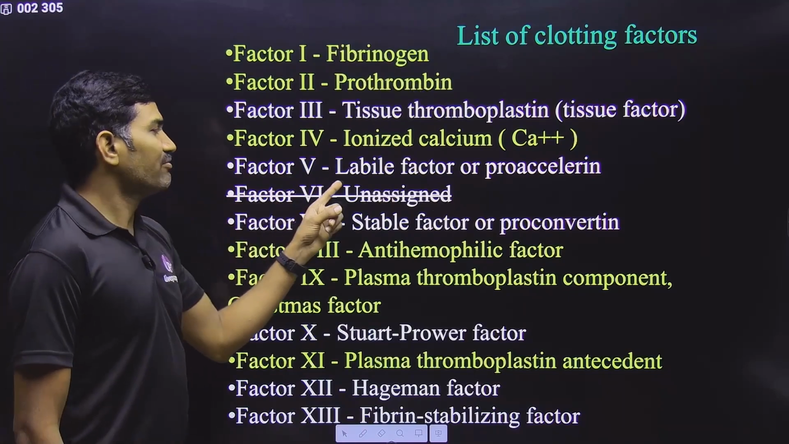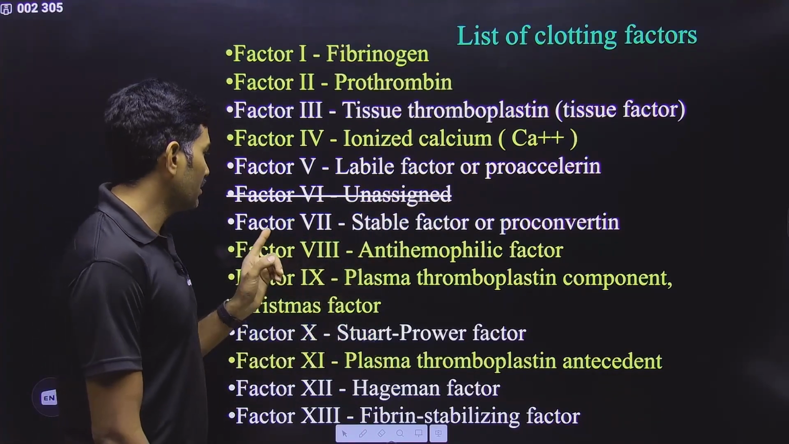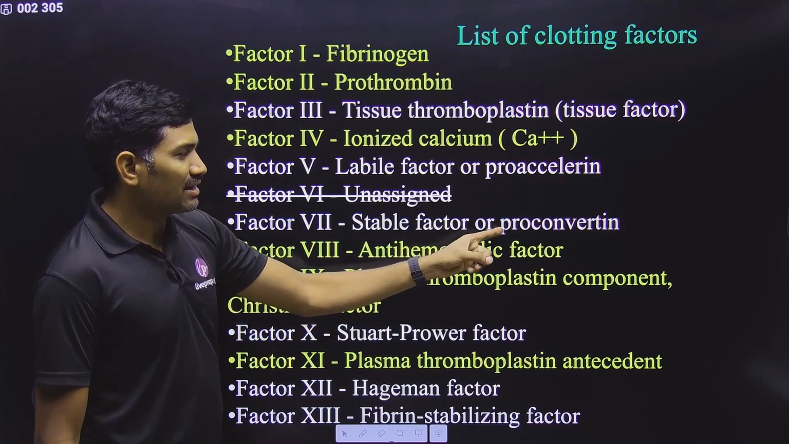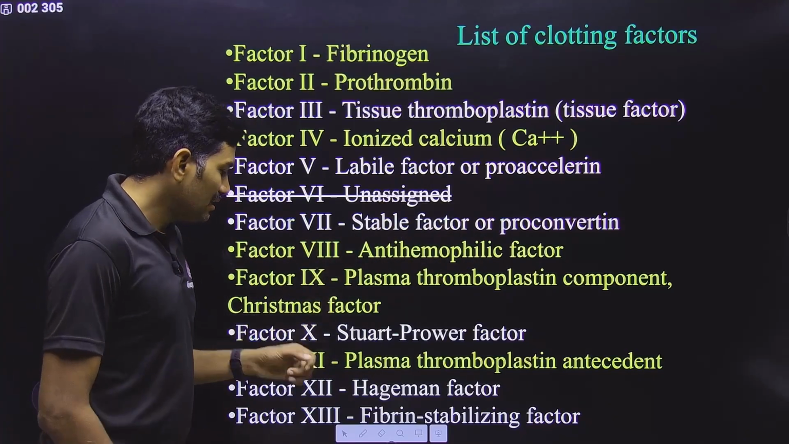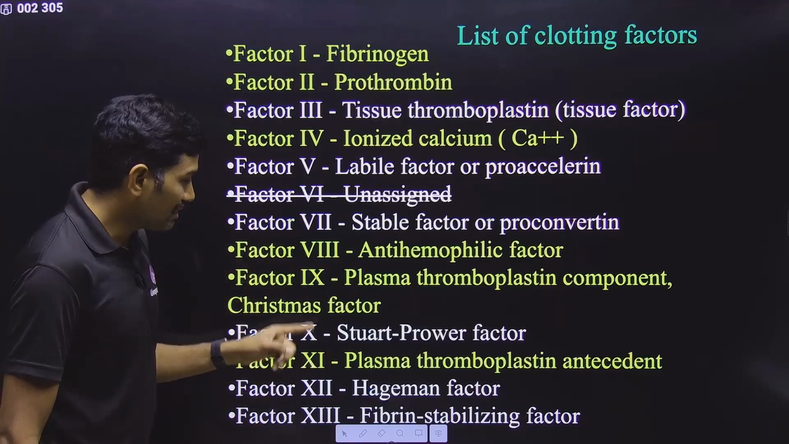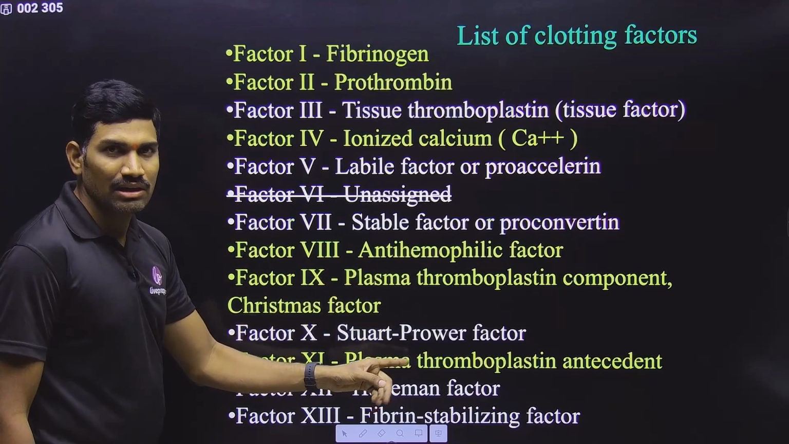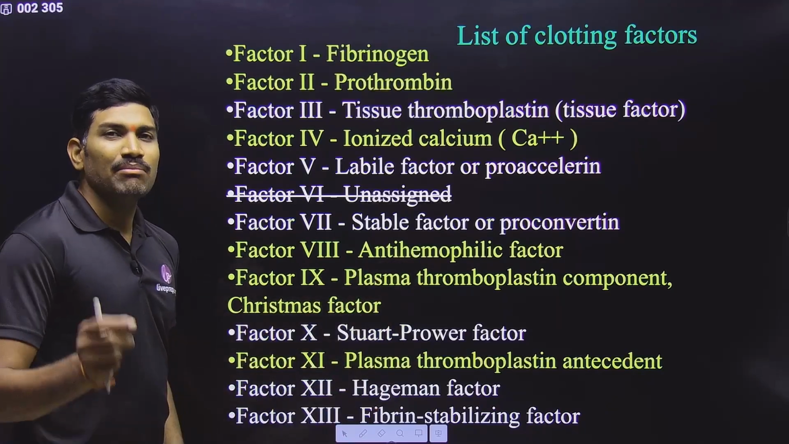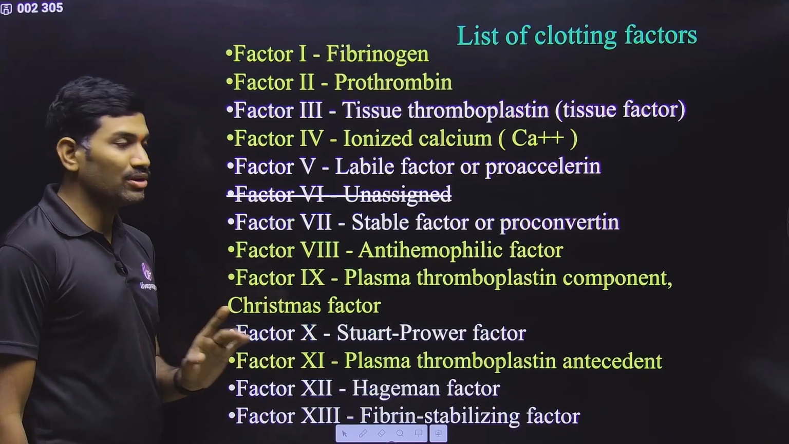Next one, factor 5 is labile factor. It is also called proaccelerin. You don't need to remember. Factor 7 is stable factor or proconvertin. You don't need to remember this. Factors 8, 9 and 11, which I kept in yellow, you don't need to remember these names. But at least remember the numbers 8, 9 and 11, because these